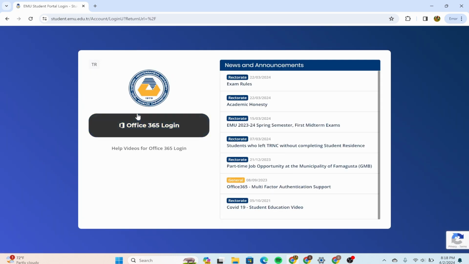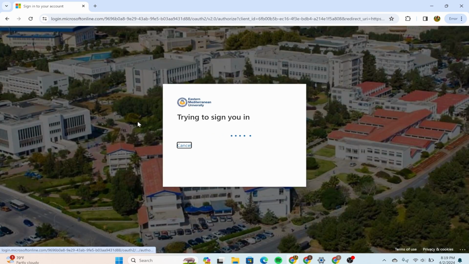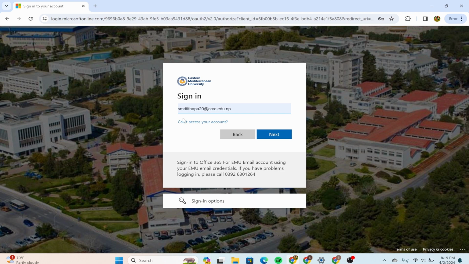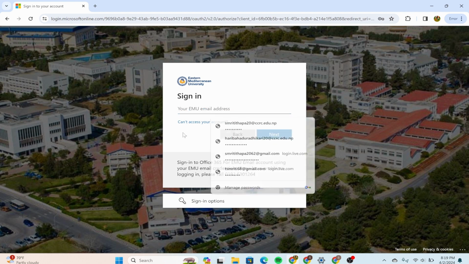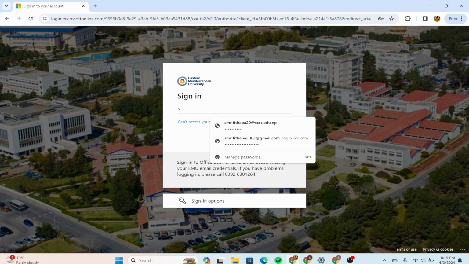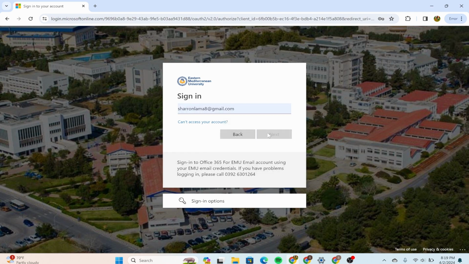Click on that option, and after that, you'll be getting into an interface like this. In order to log in, you can simply click in this option that says Office 365 login, and in order to do that, you are required for your E.M.U email address. Simply type down your email address and click on the next,